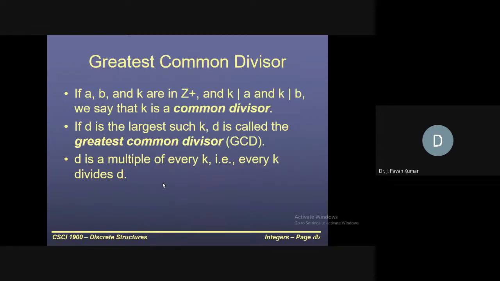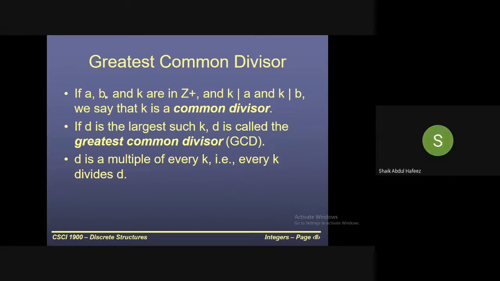Next, we have introduced the notion called GCD. What is GCD? Greatest common divisor. In general, there can exist multiple common divisors. Consider 16 and 32, where the values of a and b are 16 and 32. Now, what are the common factors or common divisors that we can have? Can we consider two as a common divisor or not? Yes or no?